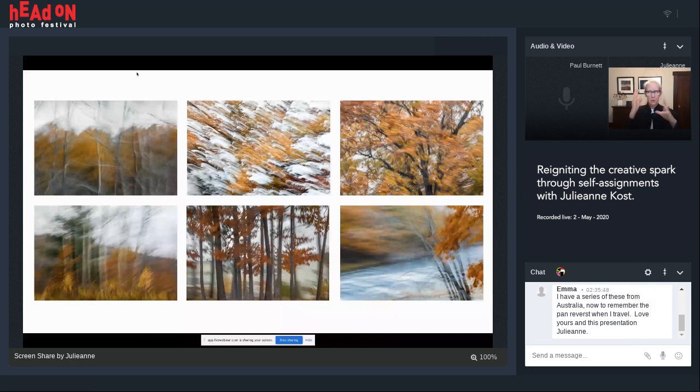So getting back to that whole structure thing, remember, I have to define the project. So I defined it: just learn everything you can about capturing motion in the camera. That was it. But then you have to limit it. So I limited it to only nature, only wide open spaces. I didn't want to do this in the city. And I wanted to capture all 4 seasons. That was a goal.